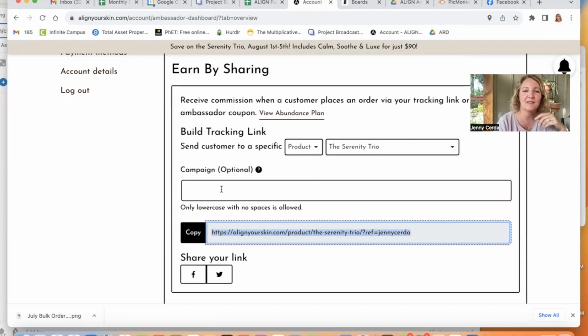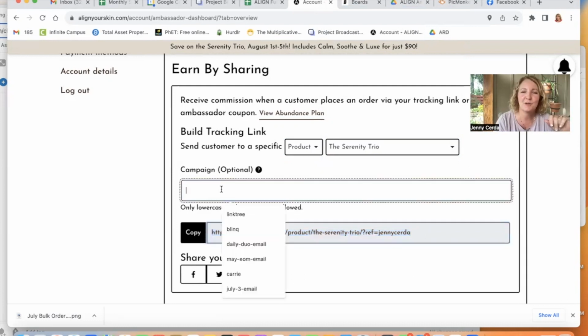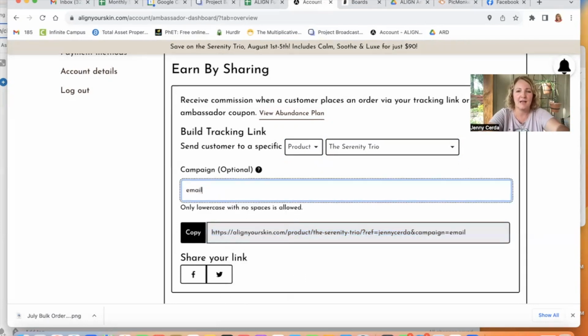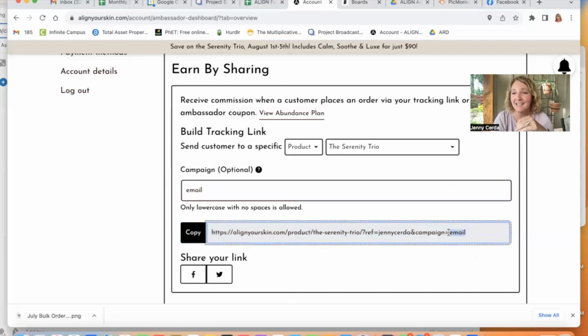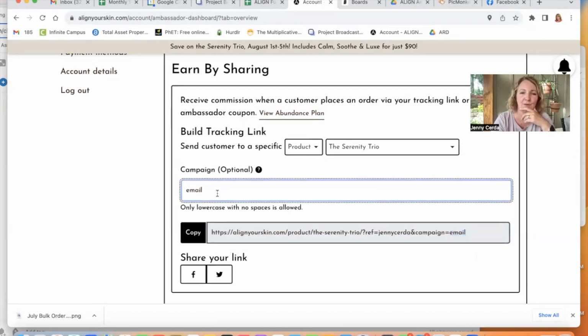If you're planning to do a special campaign, let's say you're going to send an email to a group, you could just say email right here, and it adds that down here to the end of the link, so that when they click on it, you'll be able to see how many people clicked on your link from the email campaign that you designated it. You can call it anything. I often will do,